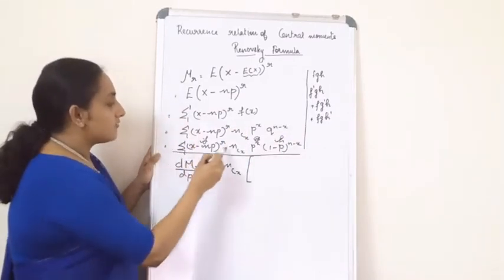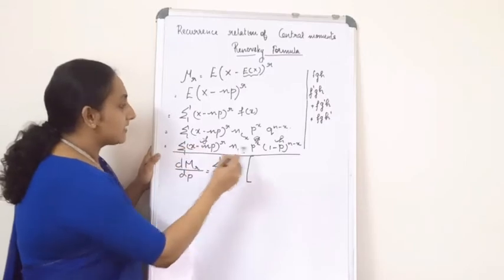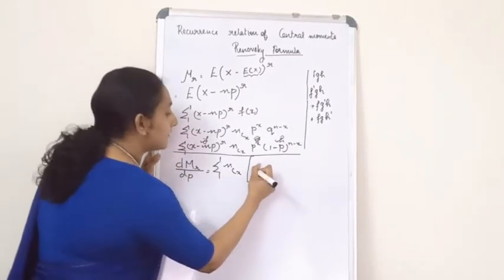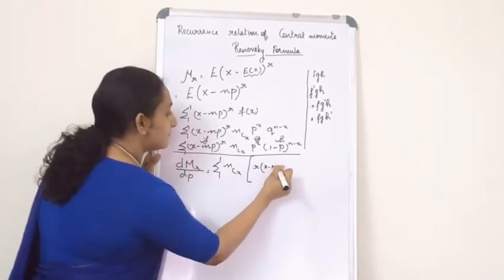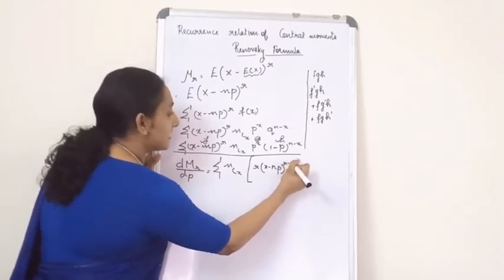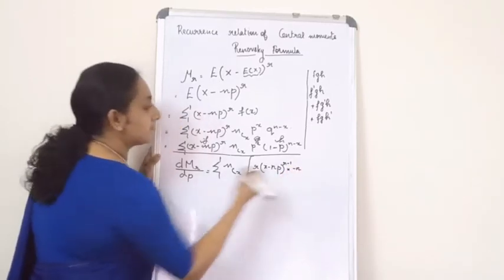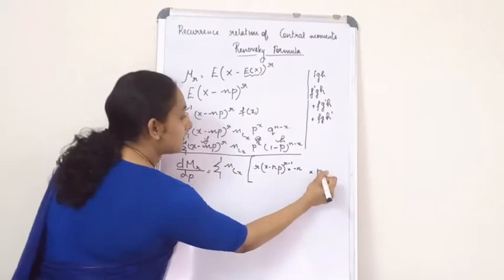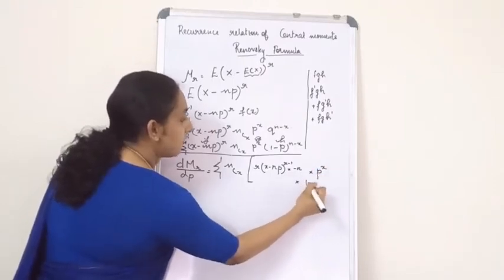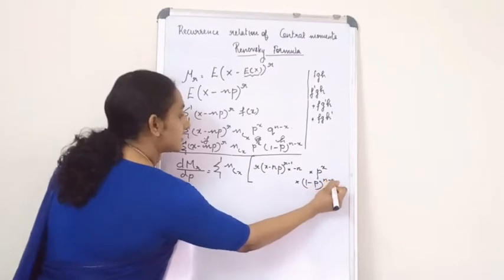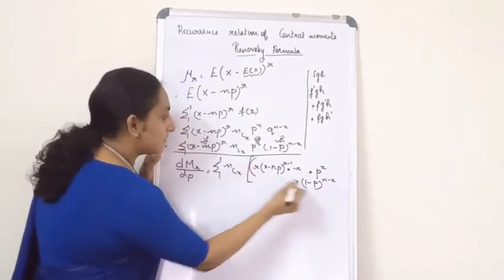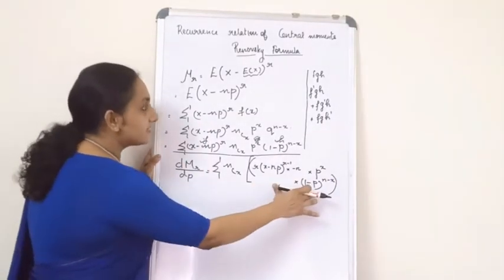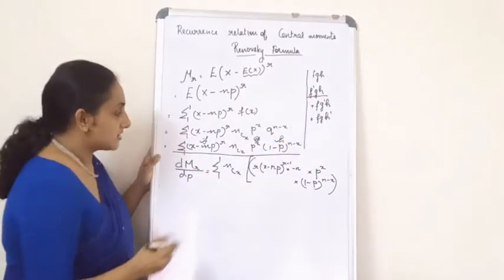The first term, the f term: I'm going to differentiate this and keep p raised to x and the third term as they are. When I differentiate, I get r into x minus np the whole raised to r minus 1, multiplied by minus n. Into, you keep your p raised to x as it is, multiplied by 1 minus p raised to n minus x. I am giving a small bracket so that neither I nor you get confused. This is your first term when you differentiate.